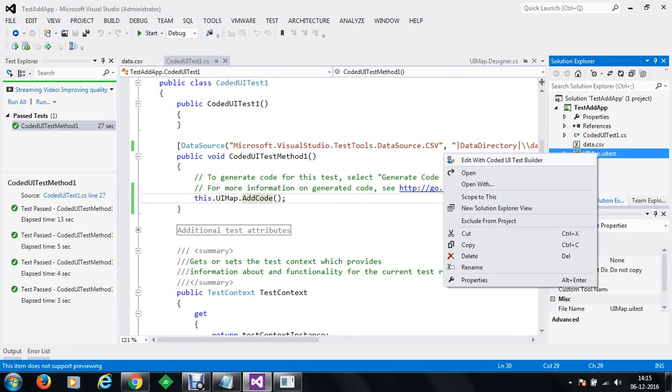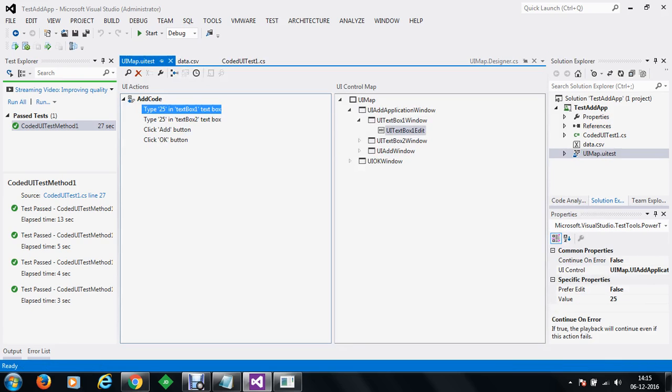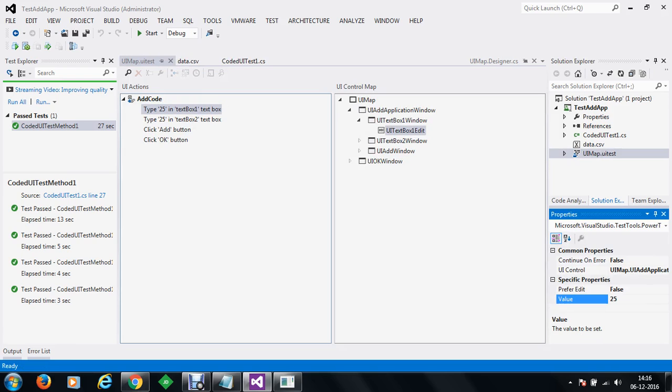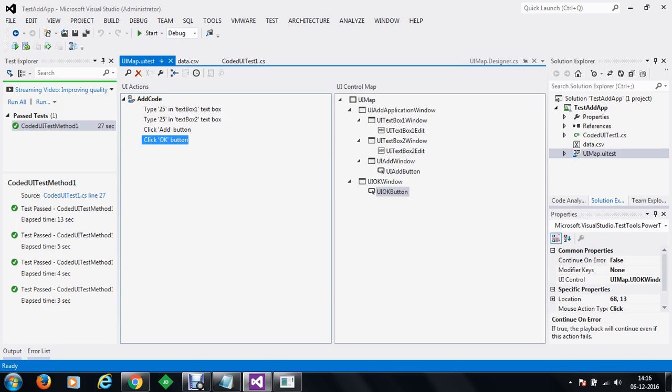You can right click and open the test. Within this you can see that as soon as you have selected the add code, type 25 in text box 1, the value is 25 by default. Within text box 2, the value is 25 by default, and after the add button, after the OK button, we have not tested anything.